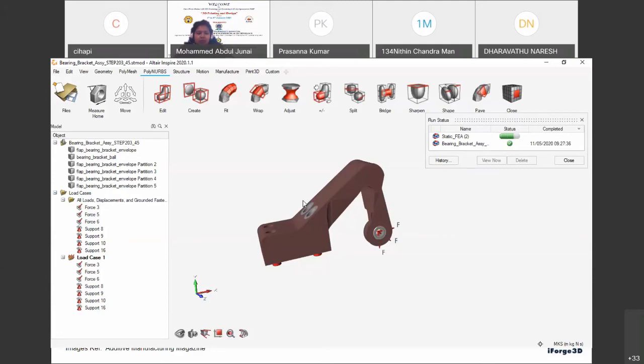So, I don't think so. You will get a very flimsy structure at the joints after optimization unless you provide the perfect design space.